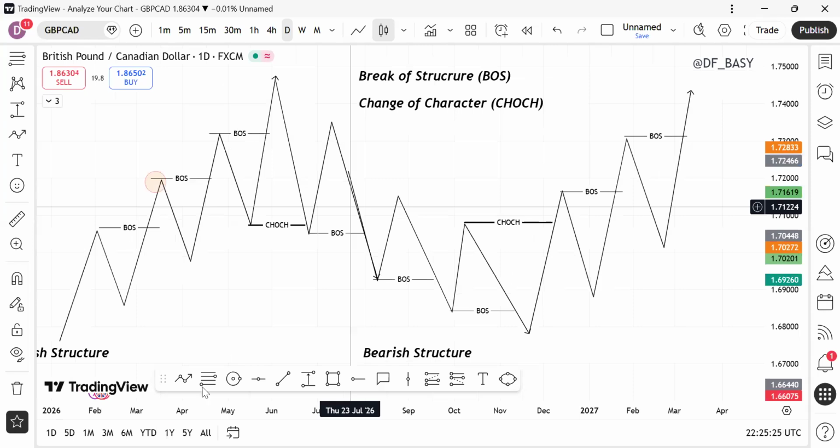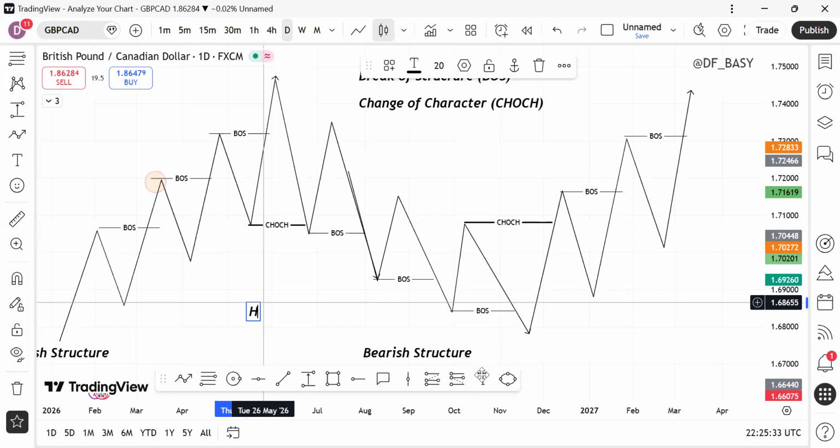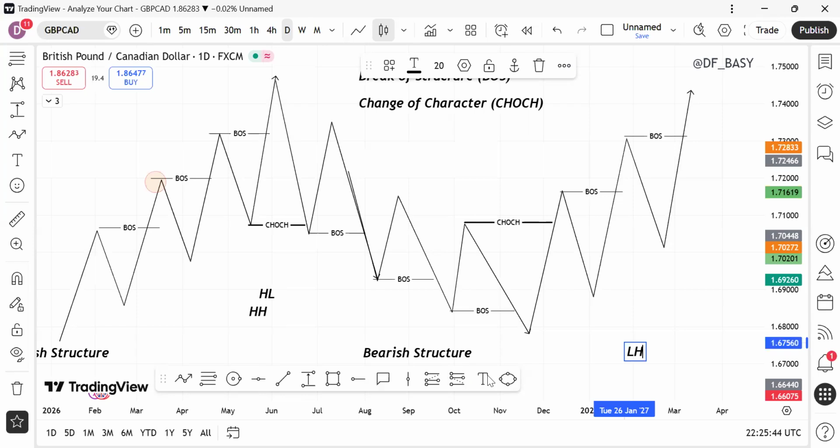So now you can highlight your higher highs, higher lows, lower highs, and lower lows. So you have a lower low here,